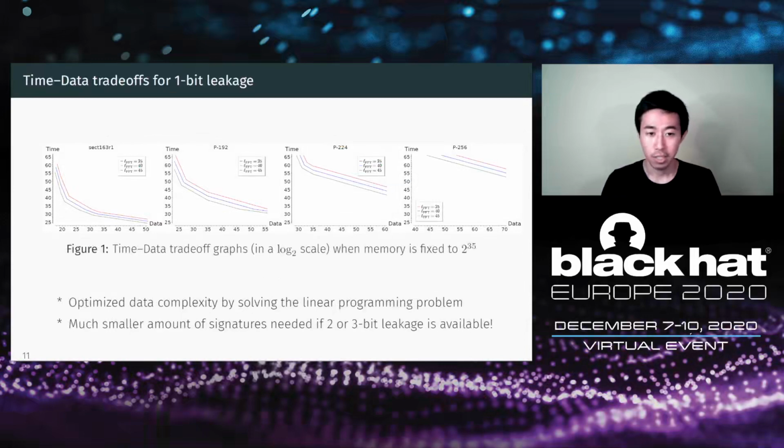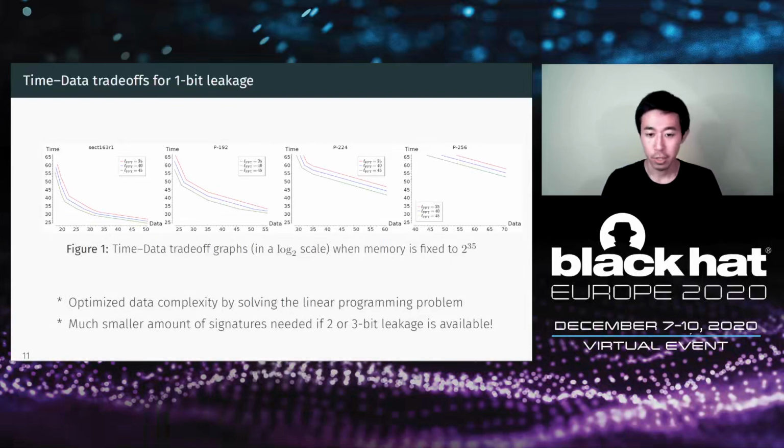Moreover, we gave detailed trade-off studies in the complexity of the attack. Here, once you fix the curve parameter and the amount of available leakage information, you can draw these trade-off graphs. These trade-off curves essentially mean that if you can spend more time on attack, then you require much less input signatures to complete the entire key recovery, and vice versa. So if the attacker can carefully choose the point on this trade-off curve, then the attacker can always find the optimal balance between time and data complexities.